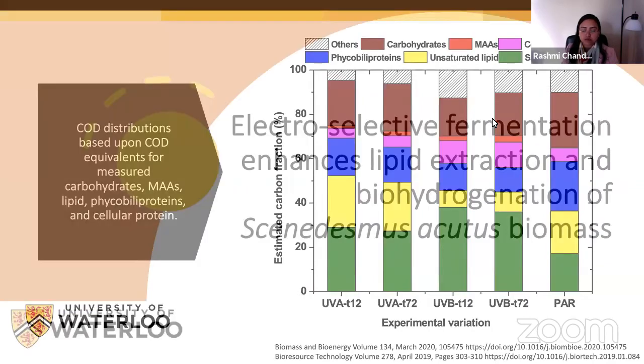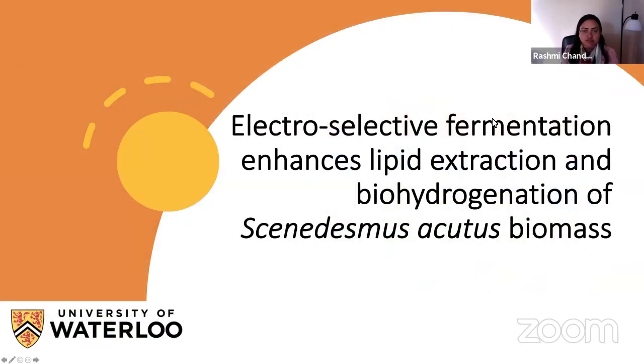So now the second topic I'm going to talk about is the process, how with the process we can recover the maximum of the products. I'm going to talk about electrofermentation. There are various solvent strategies. We use different kinds of solvents and different kinds of processes to extract, like sulfonation, or simply extracting everything in a solvent mixture. And this is slightly different.